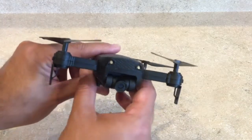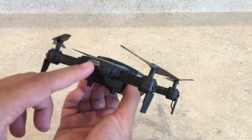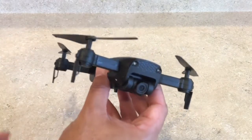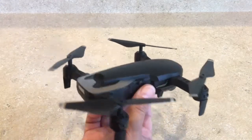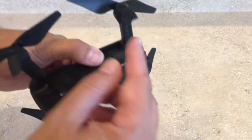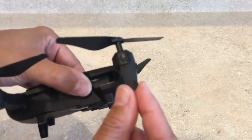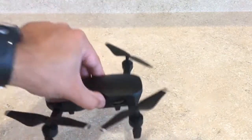Right here in the front you'll see both its headlights, and in terms of lights it basically has this rear red light here and these 2 front headlights, so no lights on the legs. So okay for orientation, but possibly could have been a little better. This is a brushed motor quadcopter, and it does have these little landing leg or skid attachments here that you simply wedge in there. So they're little plastic pieces that you just snap into place, and they give you 4 little landing legs,